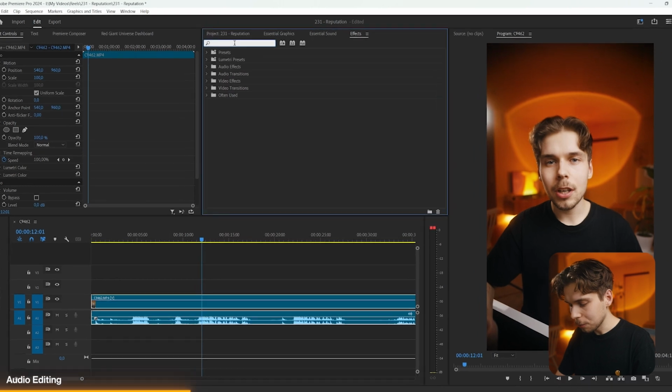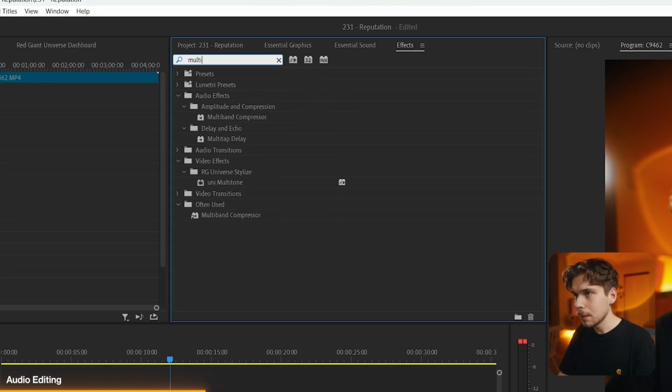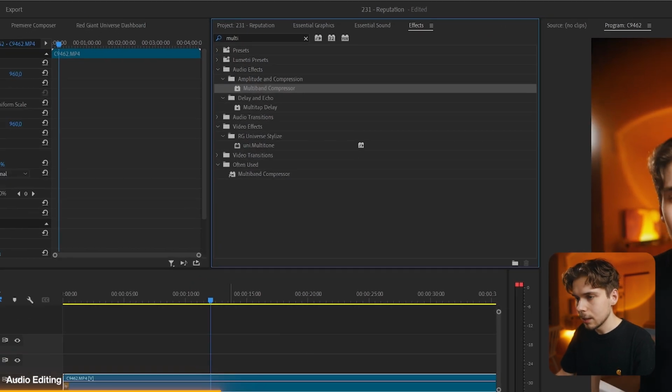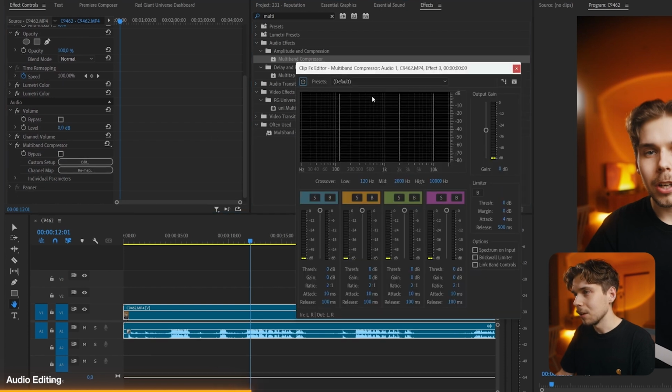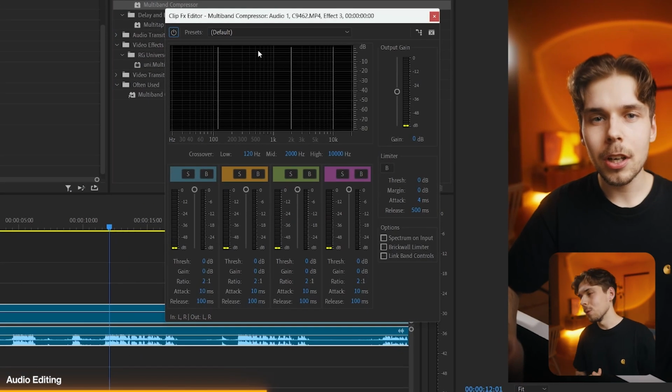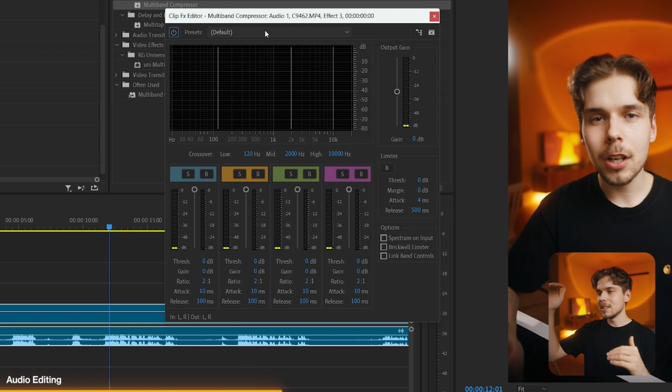So yeah, it doesn't sound too bad, but it could use a little bit of help to just make the audio pop a little bit more. So let's start off by adding a multi-band compressor. This is the best audio effect in Premiere. I use it on every single audio recording. It sort of evens out all the levels and it brings everything up, so the audio just sounds much more